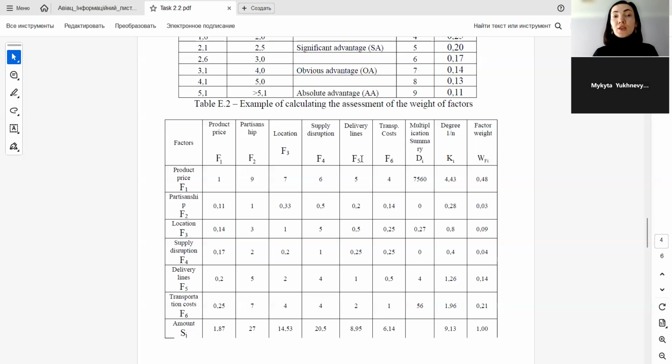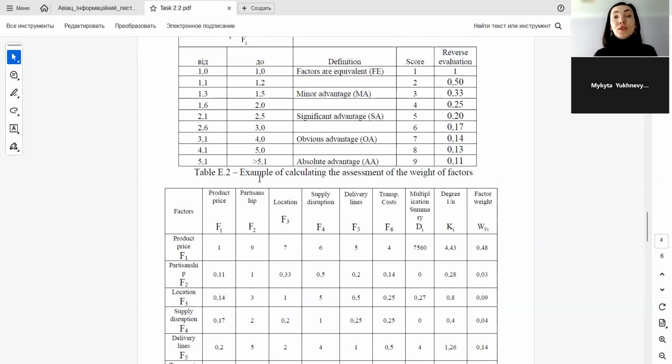Now we need to understand what we need to calculate to put here these different scores on this position. First of all, we need to find the difference between factor 1 and factor 1. It is the same. We put 1, score 1. Now we need to find what is the difference between factor 1 and factor 2. We use weights from our table 2.2, weight for our factor 1 and weight for our factor 2, divide one by the other and find the meaning. This meaning we find in this table